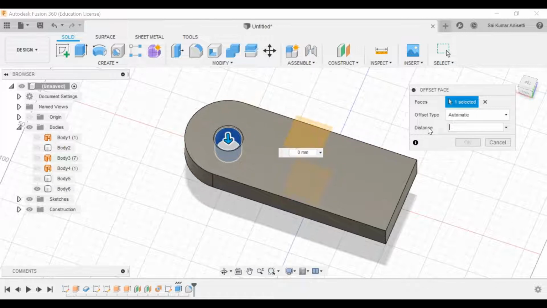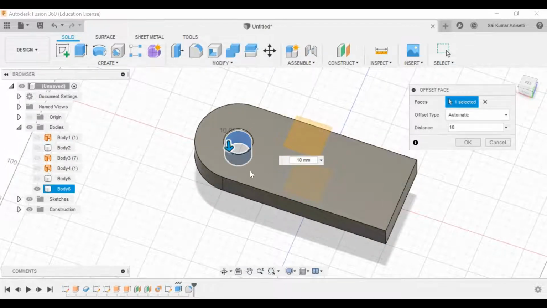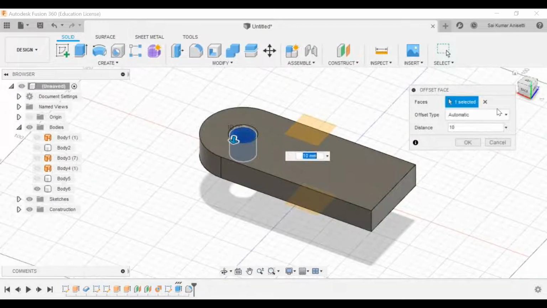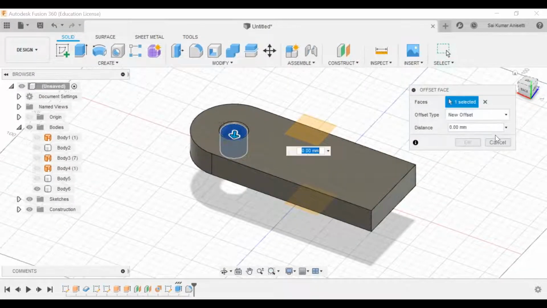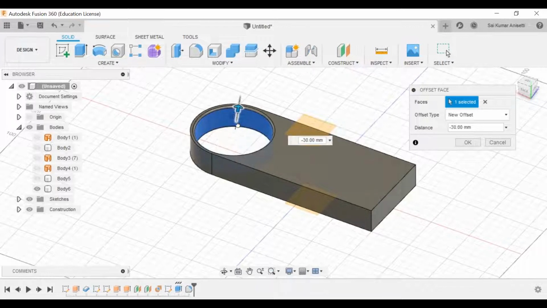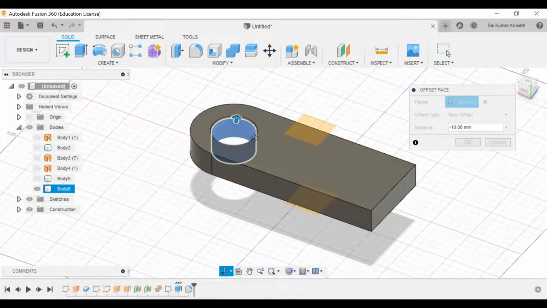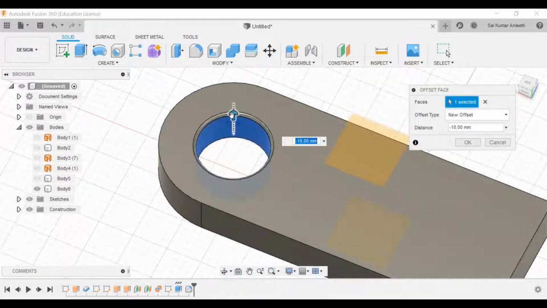If I want 10 mm, it will increase that by 10 mm. Okay, offset type: you have new offset and existing offsets, depending on which direction you need.